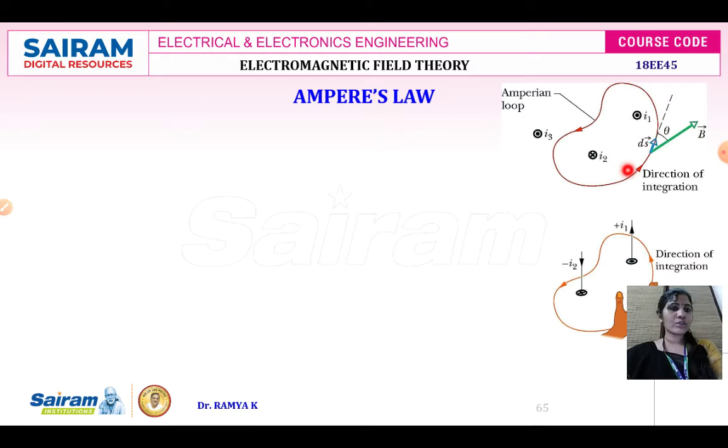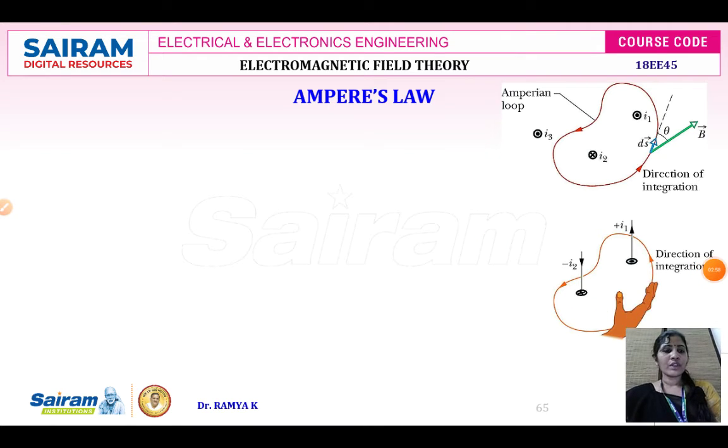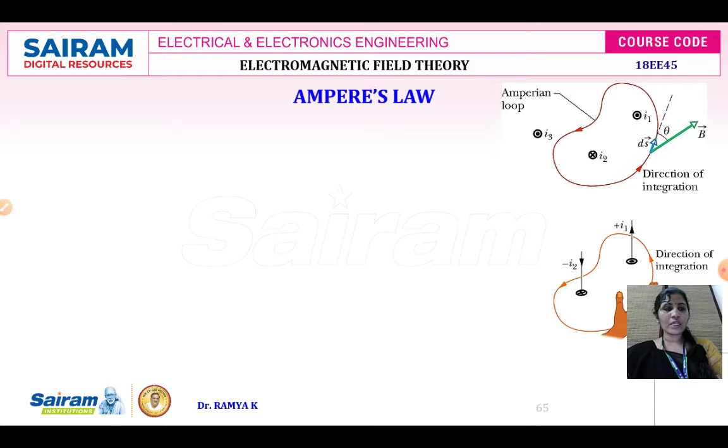Perpendicular to the direction of the current, the magnetic flux density direction will be 90 degrees. It won't be exactly 90 degrees; towards the tangent, an angle will be made for the magnetic flux density. According to the direction of integration, it is possible for us to have the direction of the current. So the current moving out of the boundary is considered as a dot and current entering is considered as a cross mark.